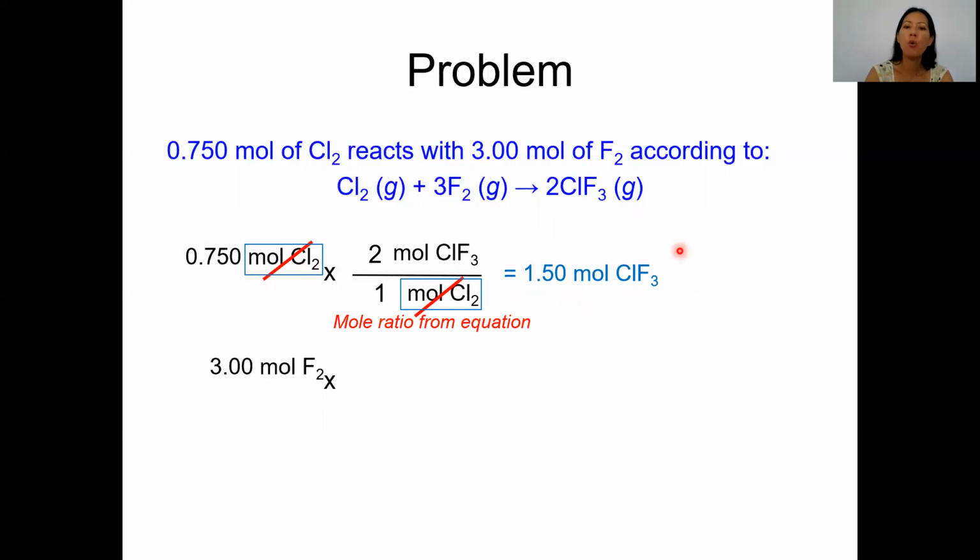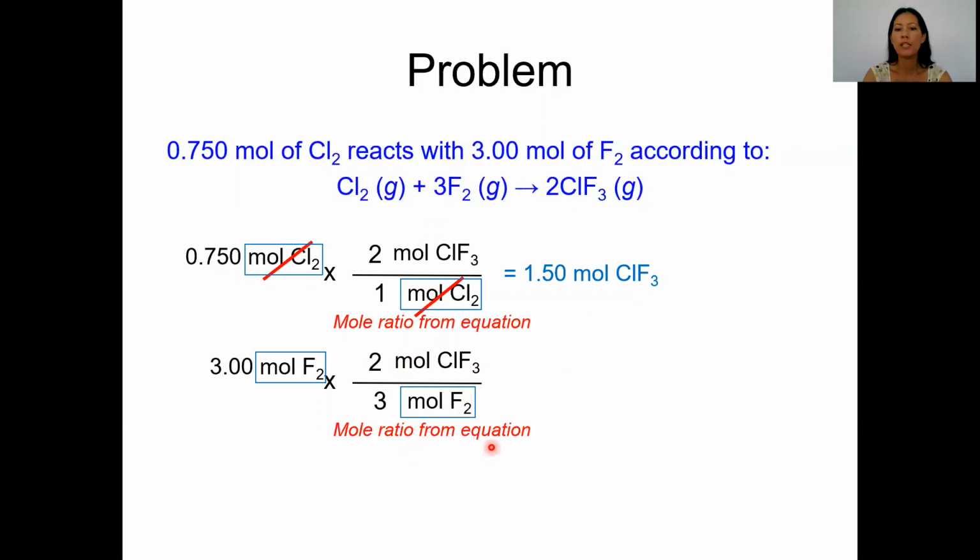So this can only be made if all of this chlorine is used up, but I don't know if it's the limiting reactant. Let's look at the 3 moles of fluorine. I'm going to go from reactant to product, put the fluorines on the bottom to cancel, and what numbers do I put in? 3 to 2. You have to look at the equation, get mole ratio from the equation,